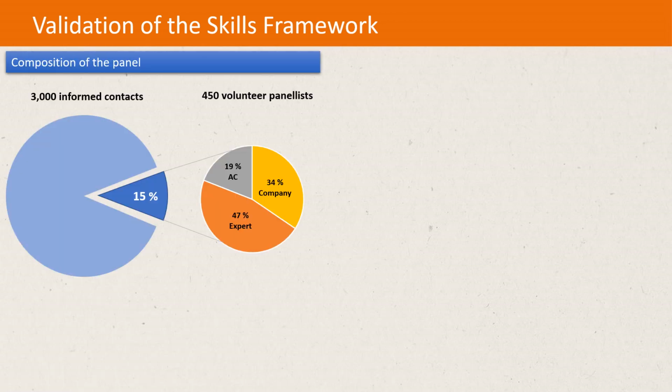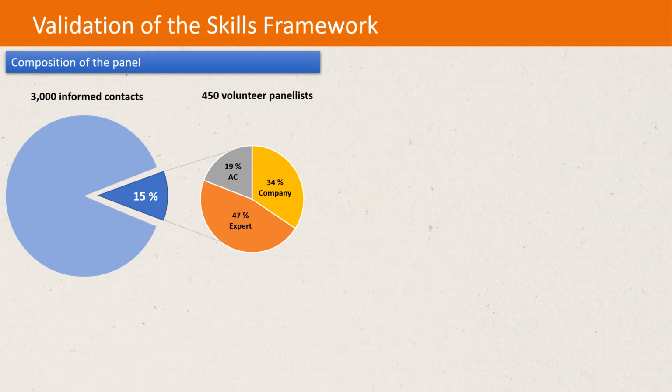These 3,000 contacts are our beneficiary companies, our contacts in competent authorities, our experts, whether they are beneficiaries or service providers, as well as all the participants in our training sessions. Finally, we had 450 volunteers, half French and half English, who are willing to respond and give their opinion on the various job descriptions. As you can see from the breakdown of respondents, there are many more experts because they were asked to evaluate the public sector job descriptions and the company job descriptions.